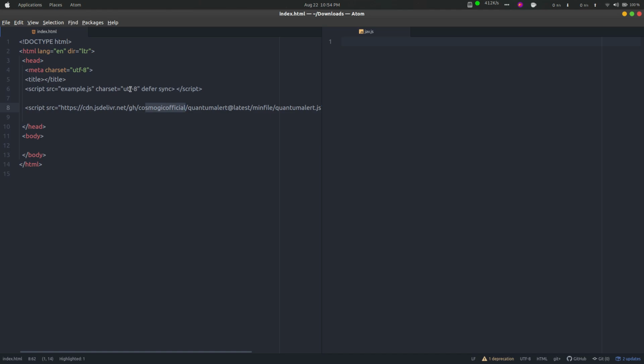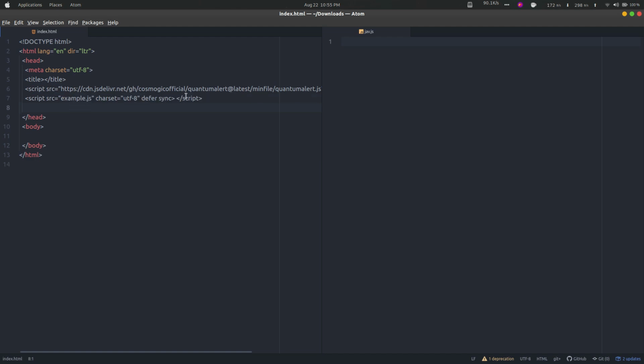The function defined in this file will not work because it is not defined yet and the file is called after that. So firstly you have to write the CDN and then the file that you want to use for calling the alert library. Here, change the name to java.js. Now these two keywords are a must.